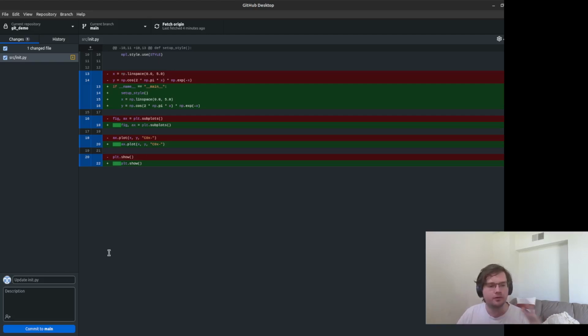So after we've finished doing a little bit of work and we have it at a point that we may want to come back to in the future, I'm going to make a new commit. And so I come down and I just write some things here. So I moved, let's just say, created init section, moved script to init section, actually executed style change. Because actually in the last version, we weren't actually executing the style change. So I hit commit to main.